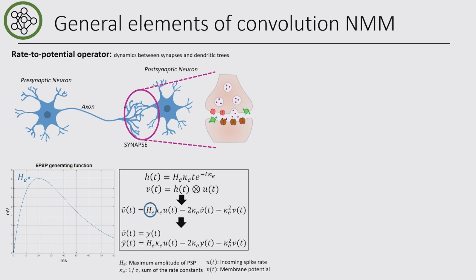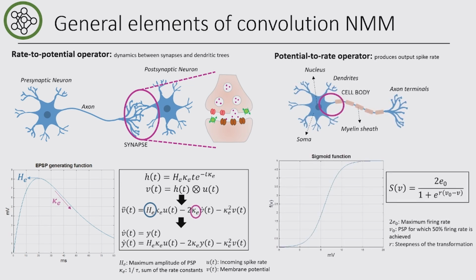So the way that the convolutional neural mass models are intuitive, as I was saying, is that they basically divide your description of a neural population into these two parts that represent the input and the output, like what a population of cells does in response to its inputs, and then how it relays that onto the next step. So that's encoded in our pulse to wave operator, or rate to potential, and our wave to pulse operator, or the potential to rate